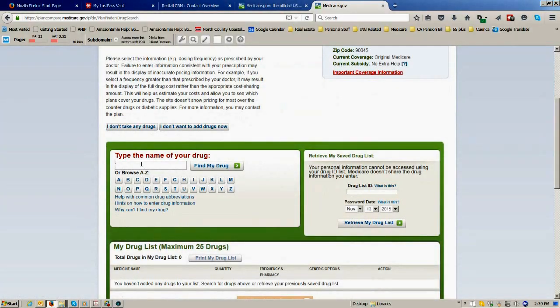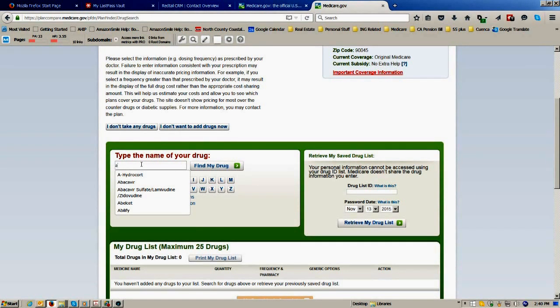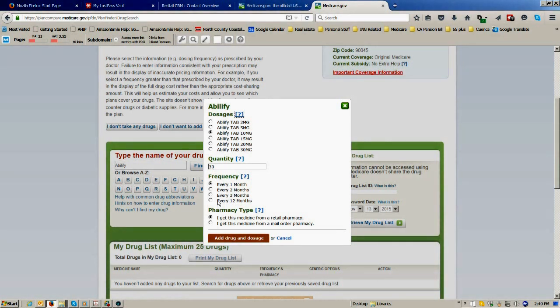So now we're just going to enter all of the drugs. Now, some people only have one drug, some people have a list of 20 drugs. I'm just going to enter 3 drugs. As you can see, once you start typing in the letters, it's going to pull up a list of drugs. I don't have an actual list that I'm looking for, so again, I'm just going to make some things up. So we're going to say that we take 10 milligrams of Abilify and we get a refill of 30